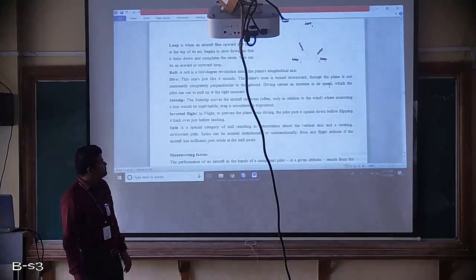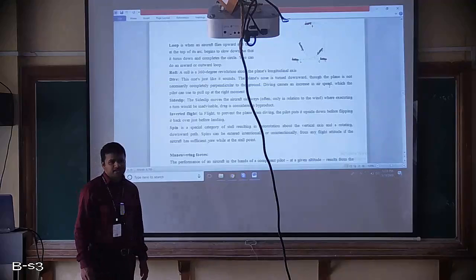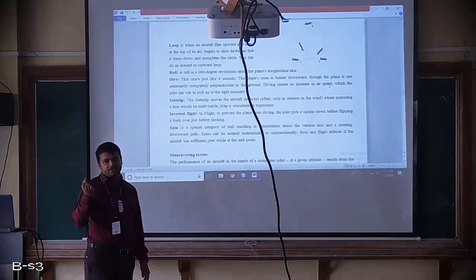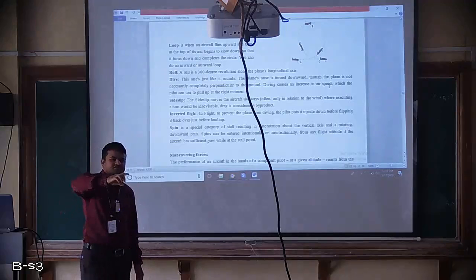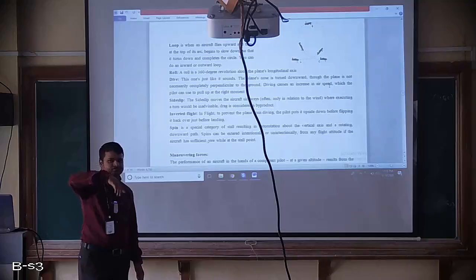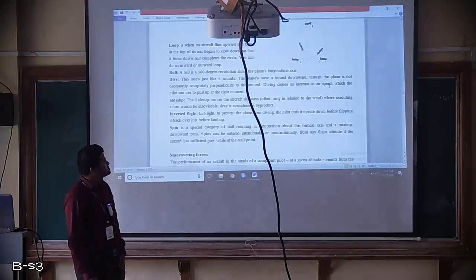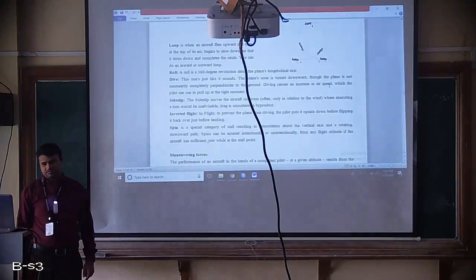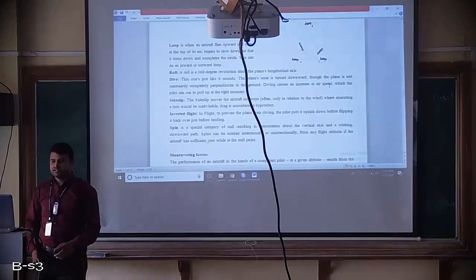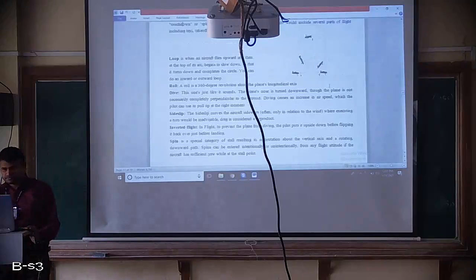One thing I need to say again about spinning: it is the auto rotation, we can say. Auto rotation of your aircraft. In some movies you might have seen your aircraft starts spinning around one axis or one point and it starts coming down. So that is called spinning. Basically it happens due to stall. So these are about aircraft maneuvers.